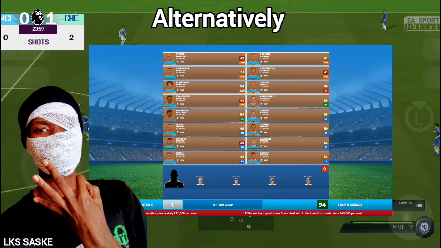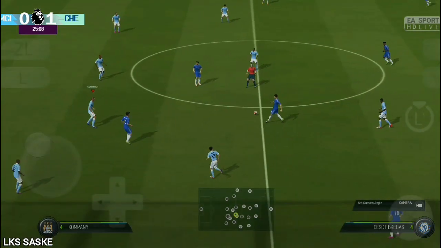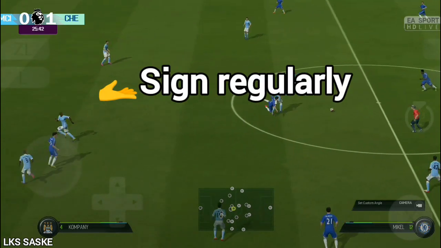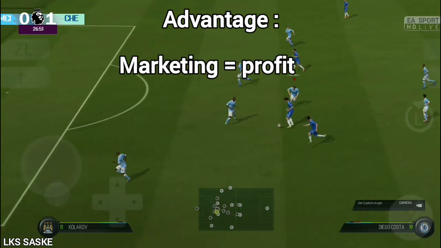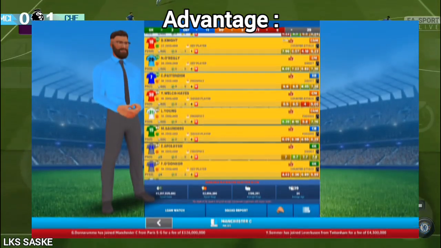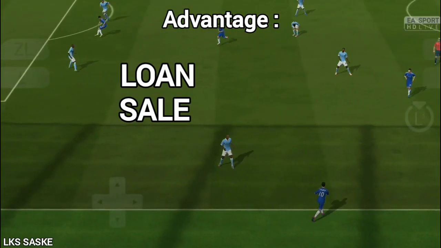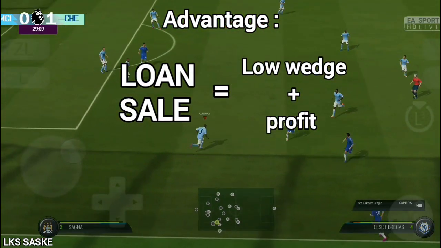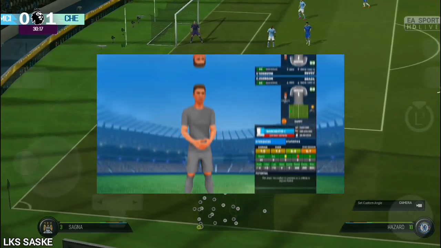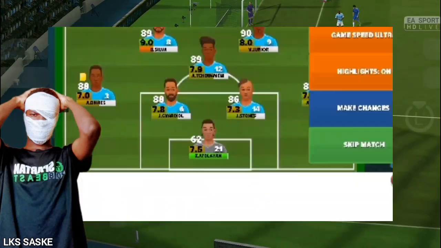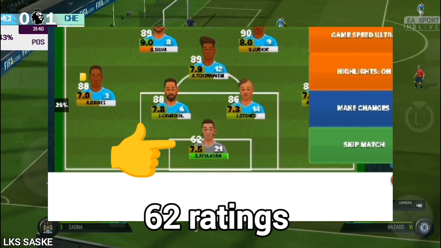Alternatively, you can promote young players from the academy to the main team and avoid a lot of expenses. You can sign as many of the academy players as you want. This gives you the advantage of lots of players, marketing and revenue. Taking young and academy players out on loan also reduces wages and picks up ranks for market advantages. It's not necessary to take all of them on loan. Some of them can be very useful for the squad. We had Ederson pick up an injury and had to substitute the academy goalkeeper in his place, who gave a better performance despite his age and ratings.